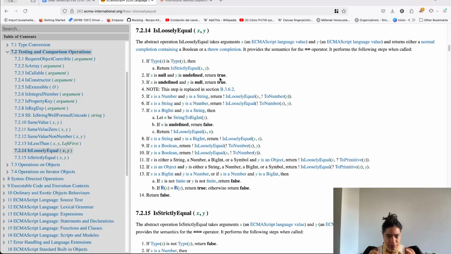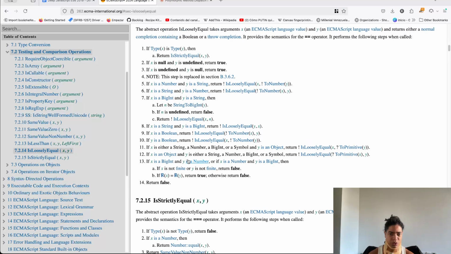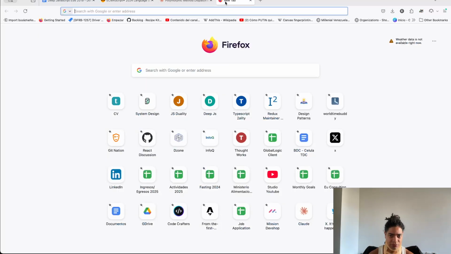to the BigInt. If the other is a Boolean, whatever position it is, do a numeric coercion. If the other is an object and the other is a primitive, whatever its position is, then do a primitive coercion of that object. And this is it. And anything else, do a numeric coercion. So once we understand that, we can now, for example,